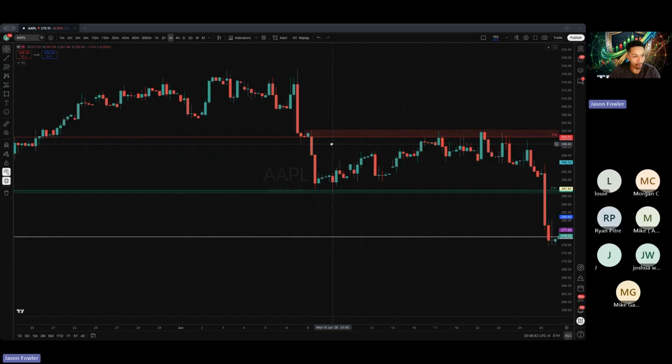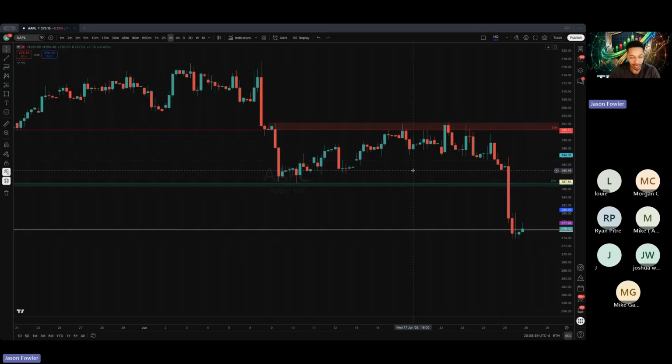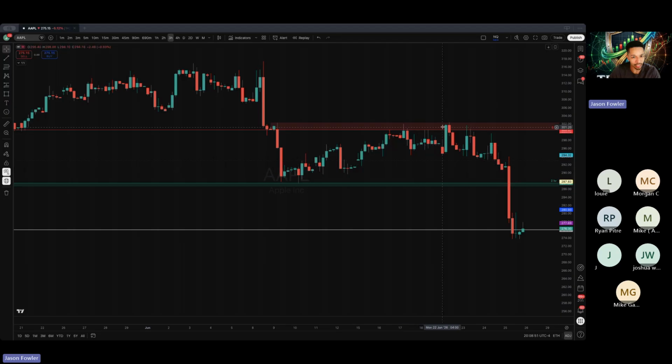And you see Apple here. I drew this way before you guys could see it in the chat when I resent the chart today. I just happened to look at Apple and thought, oh crap, I didn't take this trade. I wish I did, but it was a great short off the supply zone. You could see we tested it 1, 2, 3 times, and then boom, clean rejection here. The reason I like supply and demand zones as opposed to support and resistance